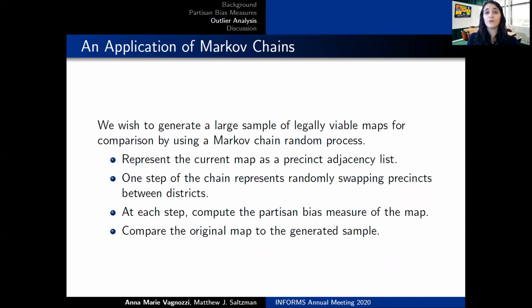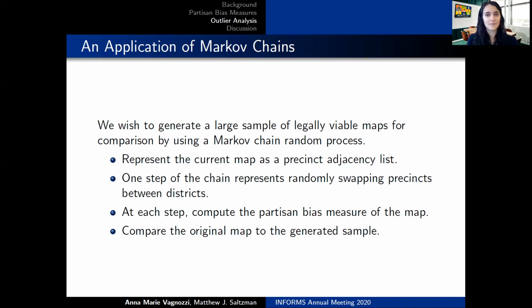We can generate a large sample of such maps using a Markov chain random process. We represent our map as a precinct adjacency list, and we use precincts because they're the smallest geographic unit for which voting data are available. Then each step of our Markov chain represents randomly swapping a precinct from one district to a neighboring district, thereby changing the district boundaries in the map. At each step, we then compute the partisan bias measure for that map,